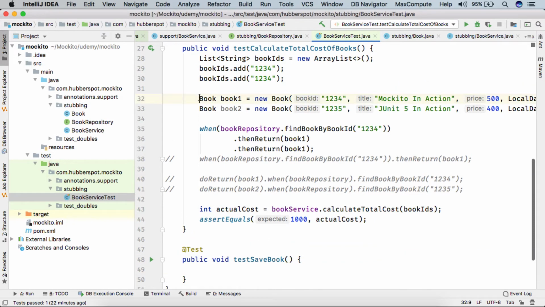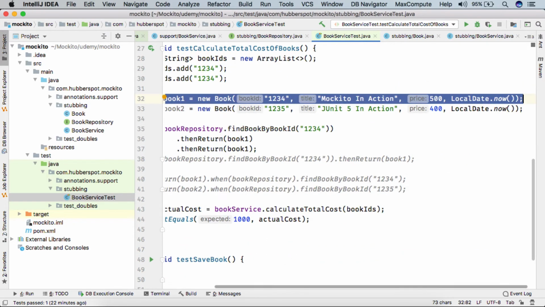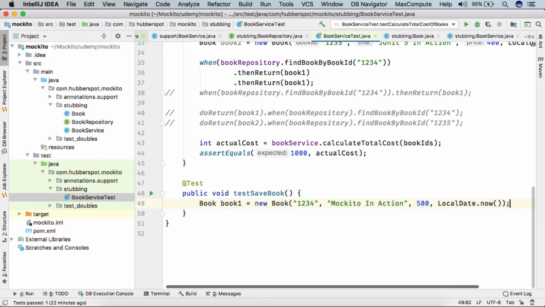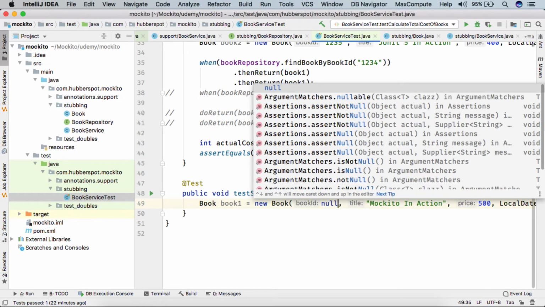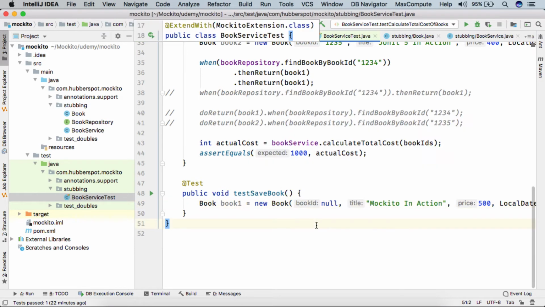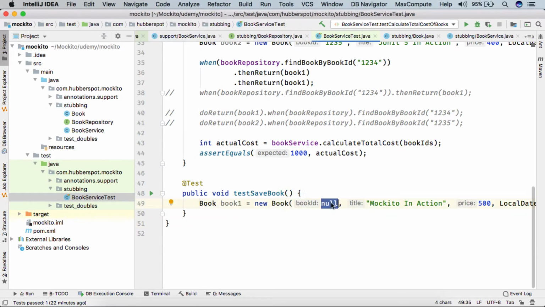Here let's say we want to save book 1. We have created book 1 and here we won't pass the ID, because usually in real world projects, when we are saving any entity into the database, the IDs are auto generated via persistence frameworks or via some sequences.